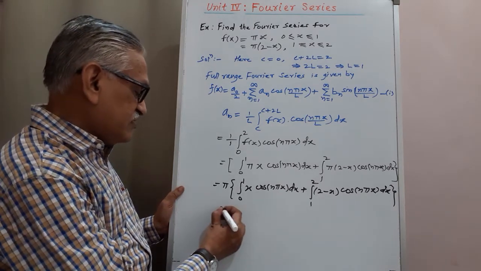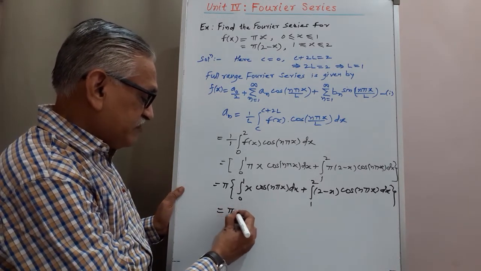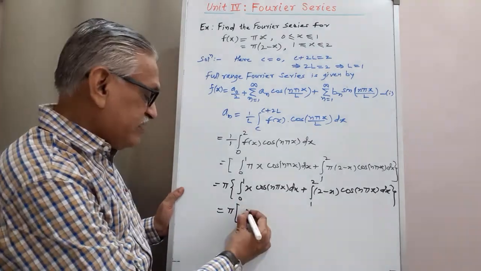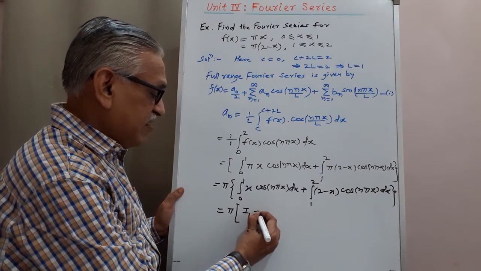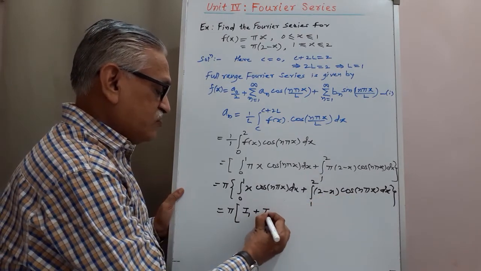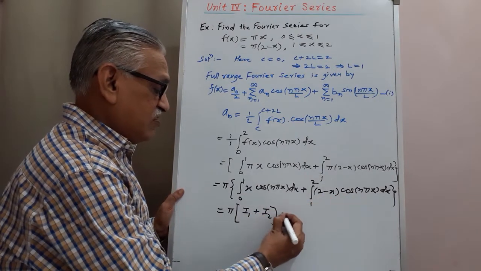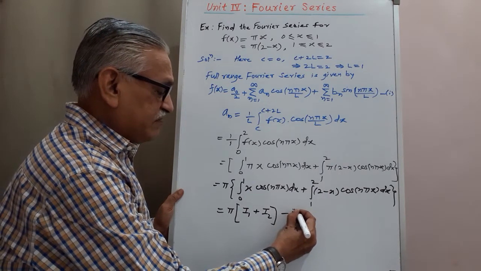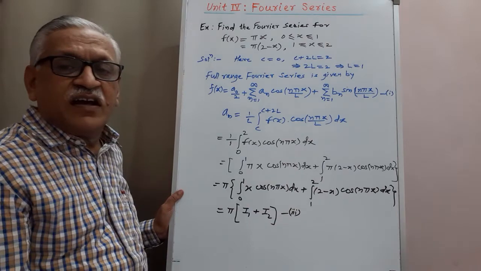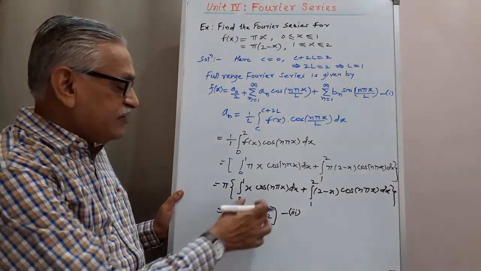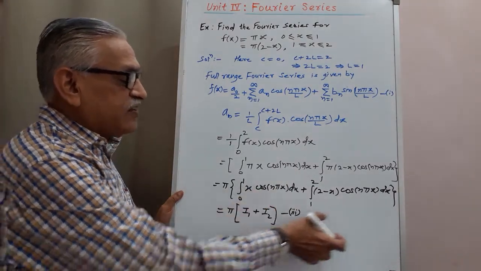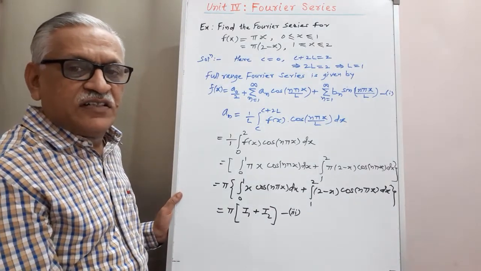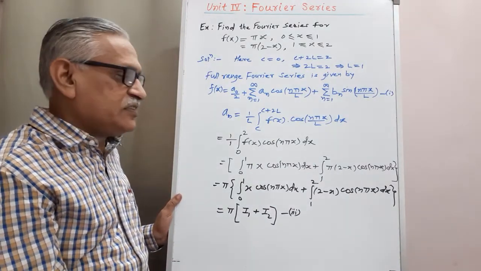We call this as pi times the first integral, which we call I1, and the second integral, which we call I2, and this is equation number 3, where we require to find I1 as this integral and I2 as this integral. I will calculate them separately, so that the calculation becomes somewhat easy to perform.